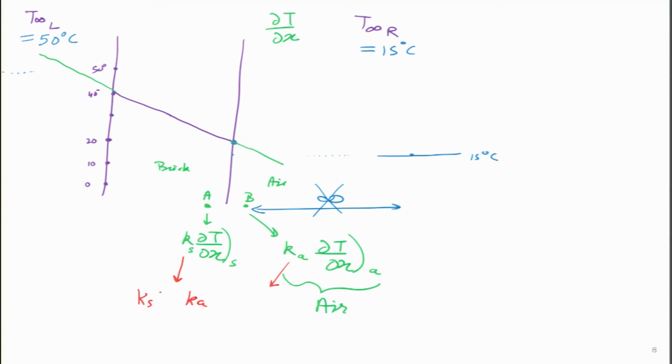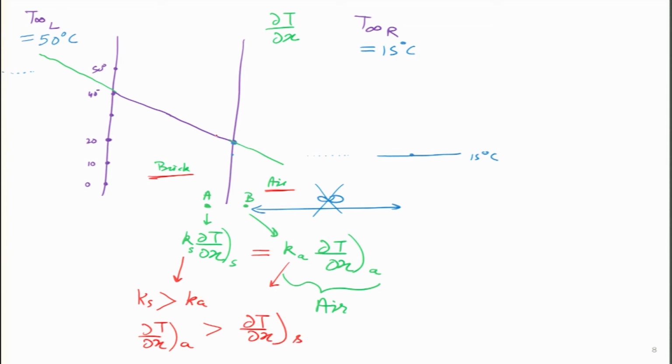So, I think everyone will answer very easily that brick has very large thermal conductivity compared to air, if not very large, a little bit larger, or let us say it is a high conducting metal. So, in that case we can say if Ks is greater than Ka, then both of these have to be equal, which means the del T del x of air has to be much larger than del T del x of the solid. And a larger slope means what?